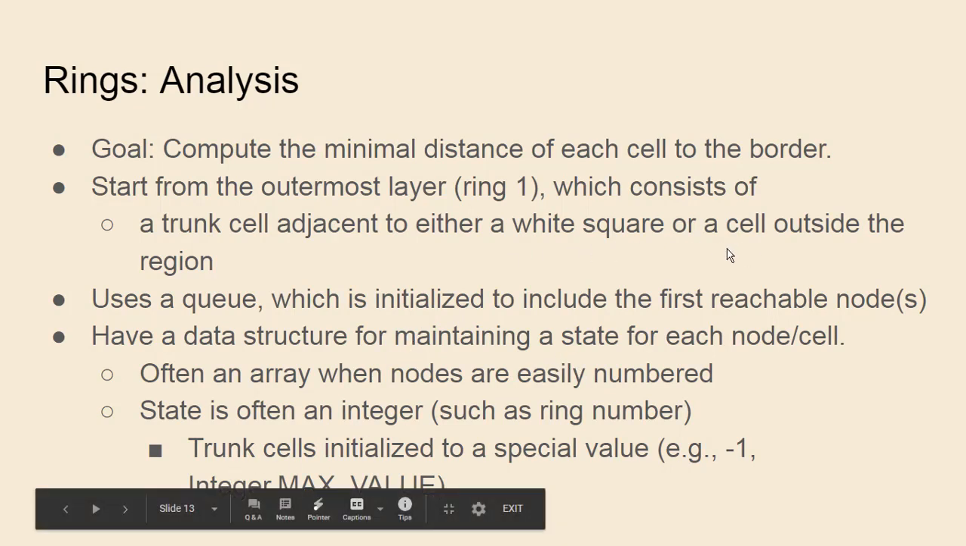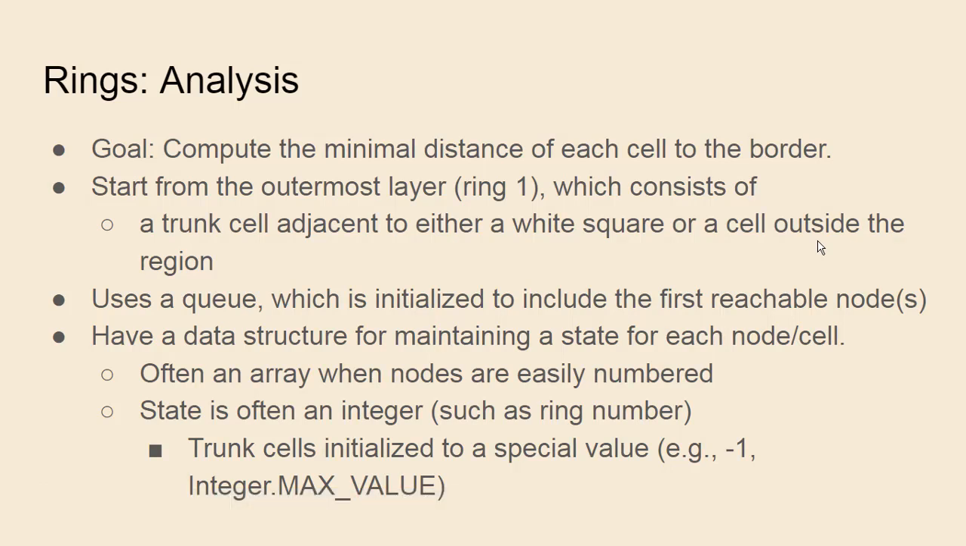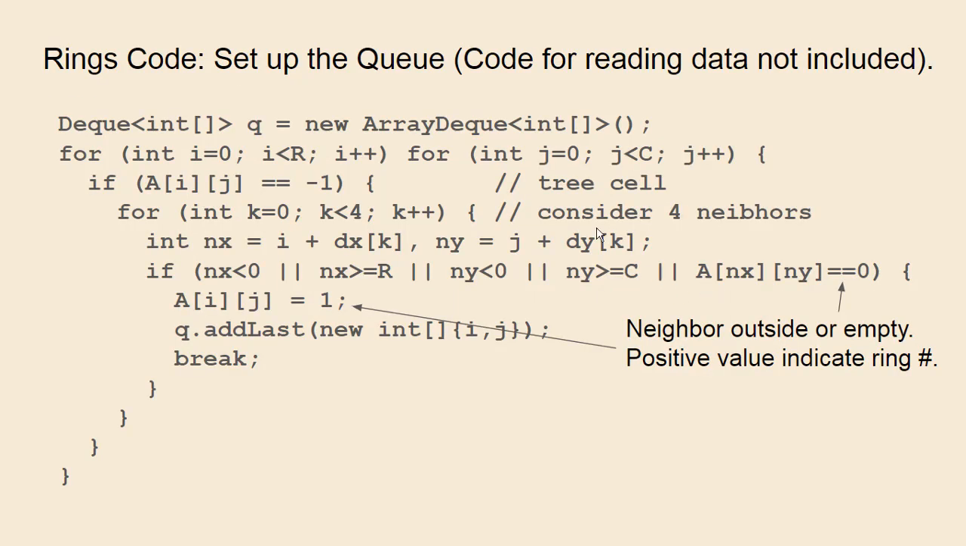In order to do that, because the final result will have each of the cells labeled 1, 2, 3, and so on, we label the Y cell 0, and we label the initial values for the trunk cells using a special value. Typically it's either -1 or integer max value. Either will work. My code here uses -1. This is Java code. I did not include the code for reading data to initialize this 2D array into either 0 or -1 based